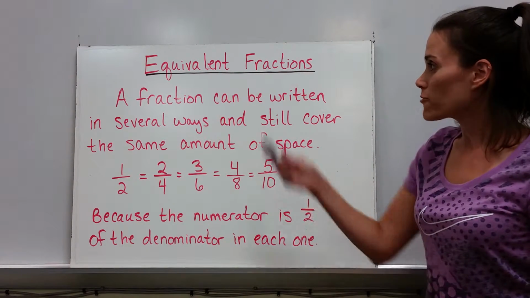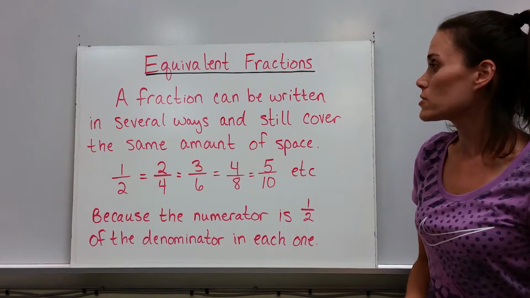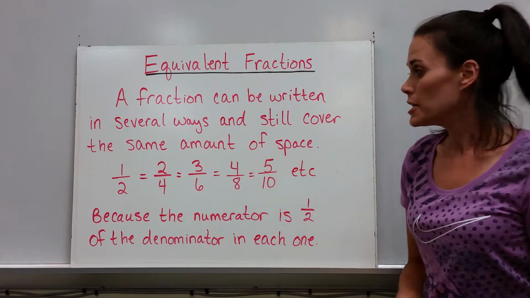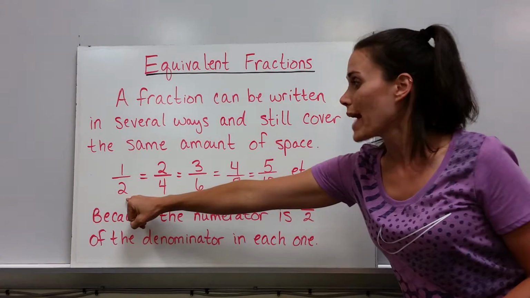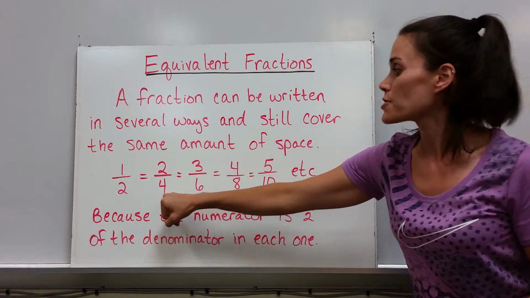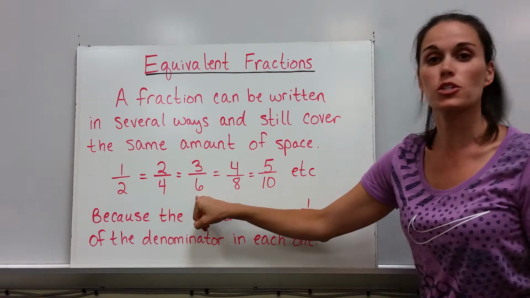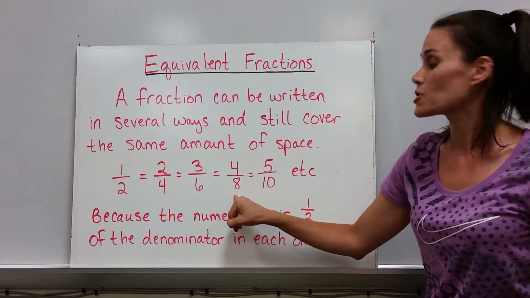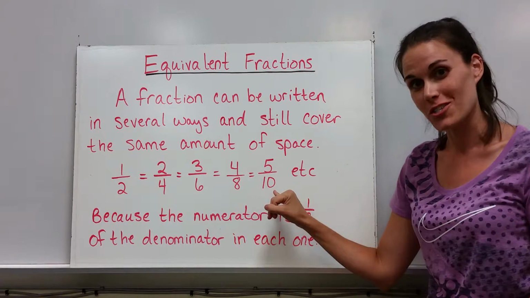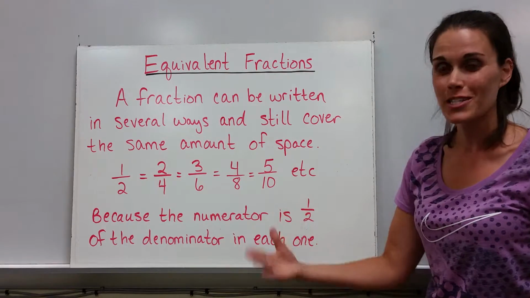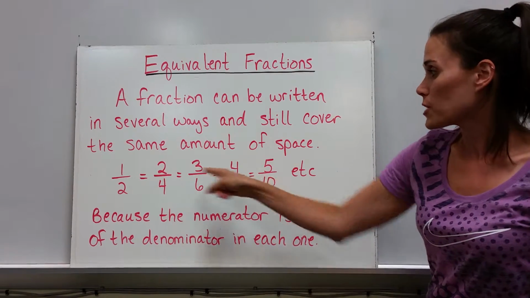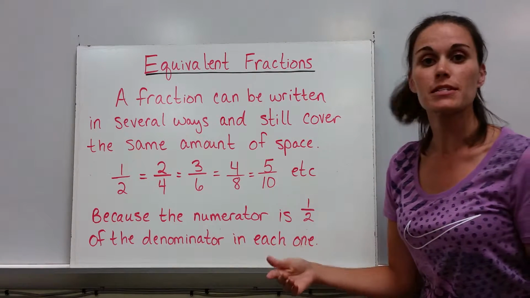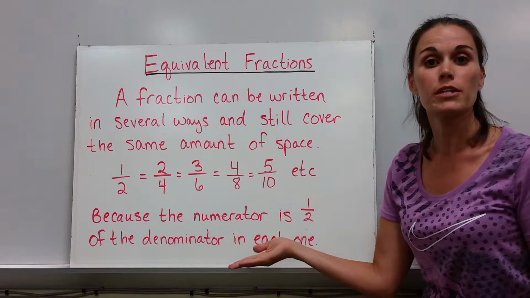Equivalent fractions. A fraction can be written in several ways and still cover the same amount of space. So to give you an example, 1/2 is the same fraction as 2/4, which is the same fraction as 3/6, which is the same fraction as 4/8, which is the same fraction as 5/10, and so on and so on and so on. Because the numerator of each of these fractions is half the denominator, each fraction is equivalent to